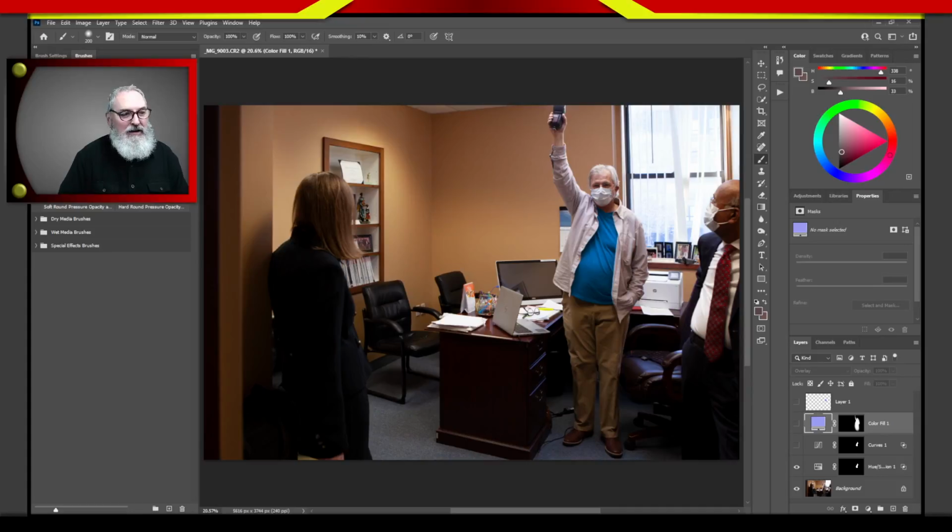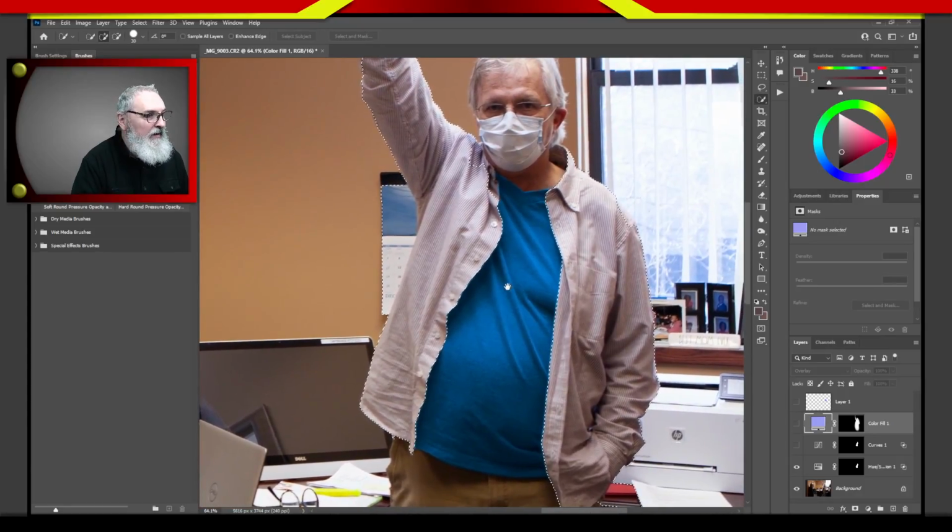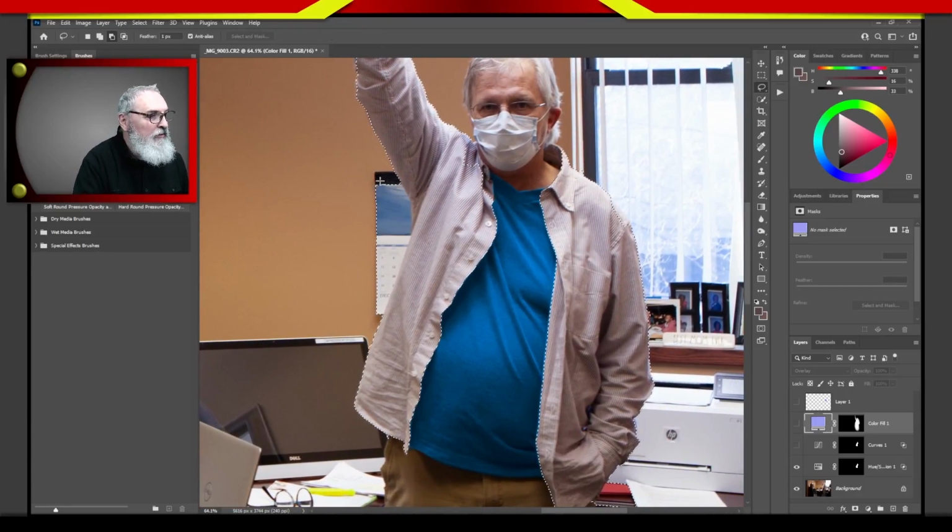Yeah, so the colorize is one way of changing one color into another, all right? And of course, if you wanted to get really fancy, you can go ahead and say we're going to make Brian's outfit color coordinated, all right? And you don't have to necessarily pick the same blue, but you can pick something similar. All right, let me go ahead and...